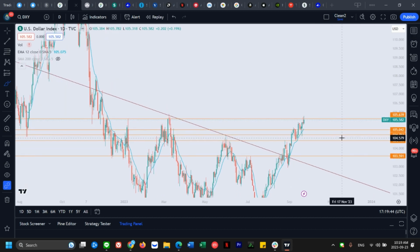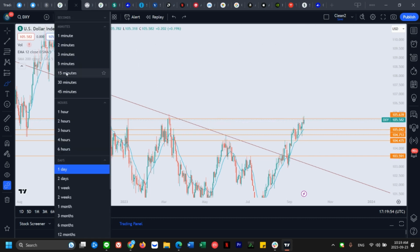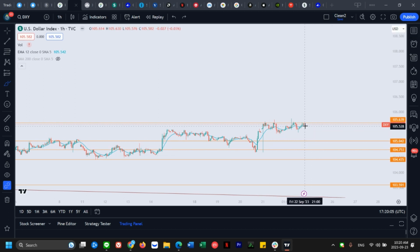Just don't take too many of those kinds of trades, because you get in here, and you get stopped out, and you get in here, you get stopped out, and you get in here, you get stopped out. So hourly trend will be our guide. If we get an hourly downtrend here, then we can more safely say this is a key resistance and a rejection. But as of now, bulls are still in striking distance, right? We just have to go up